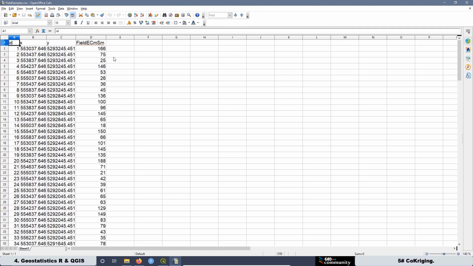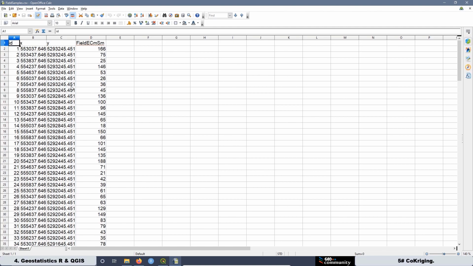Well, we have a unique identifier that goes from 1 to 134. We have the X and Y coordinates in UTM, in meters, and then we have the variable, which in this case is the auxiliary variable, which is the conductivity measured in millisiemens per meter with the field instrumentation at a